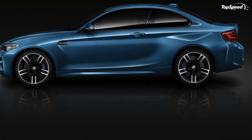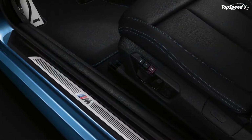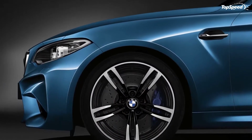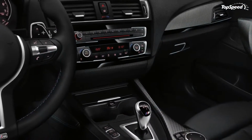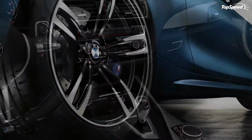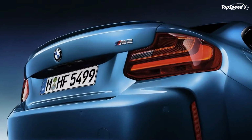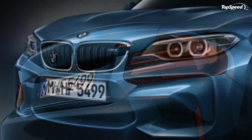The M2 received its mid-cycle facelift, and first update for that matter, for the 2018 model year. However, much like most BMW facelifts, changes are rather minimal. To be more specific, it's pretty difficult to set the two models apart, since the upgrade consists of only revised